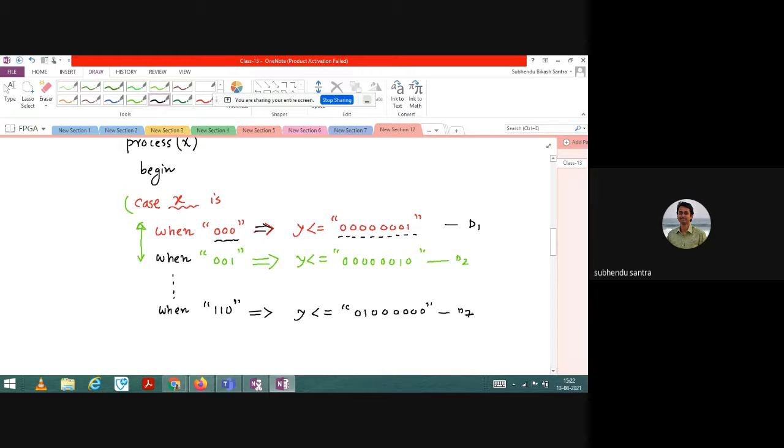That is D7. And finally for the last case, 111, no, I will not write that. Sometimes there is an extra fluctuating bit in the architecture.